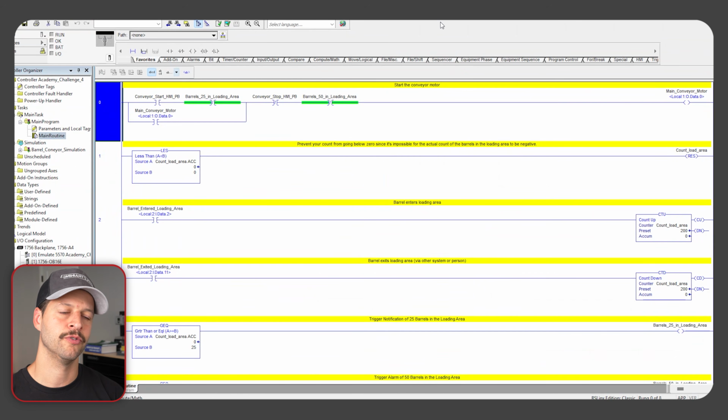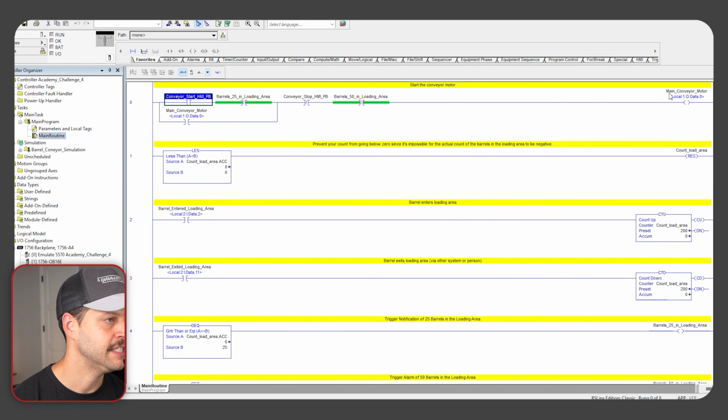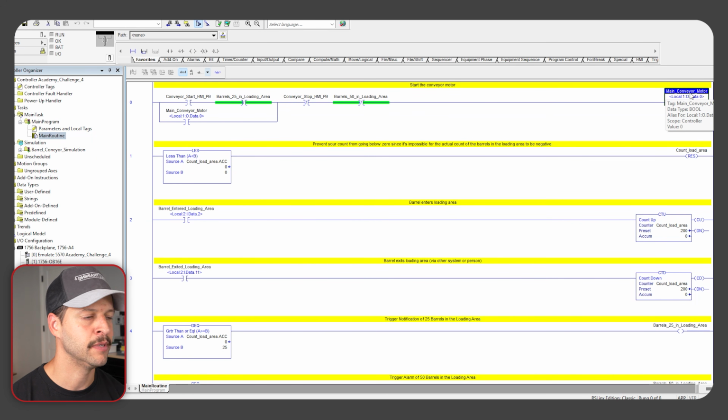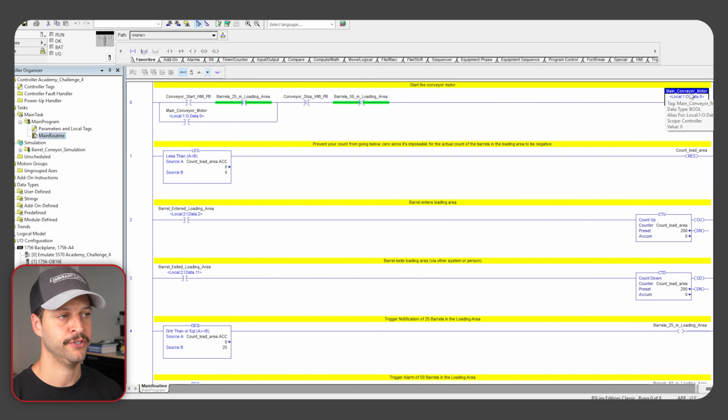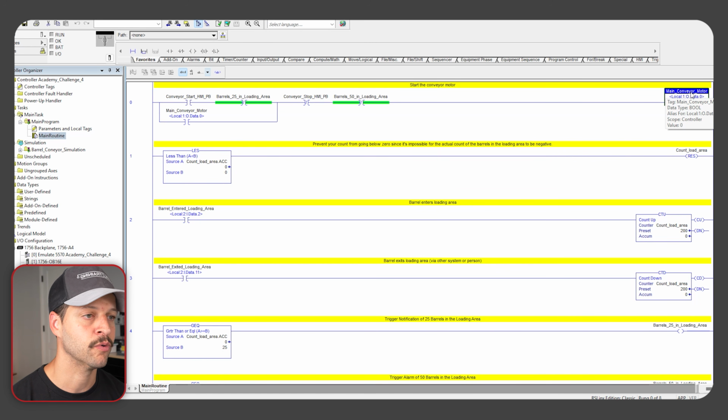Now I want to go through a ladder logic example that we use for some of our training, and we're just going to go rung by rung and see what this does, how it works. So if we start with rung 0, this is controlling a main conveyor motor. So I always look at the output first to see what we're even achieving here. So this is some sort of motor we're turning on and off,